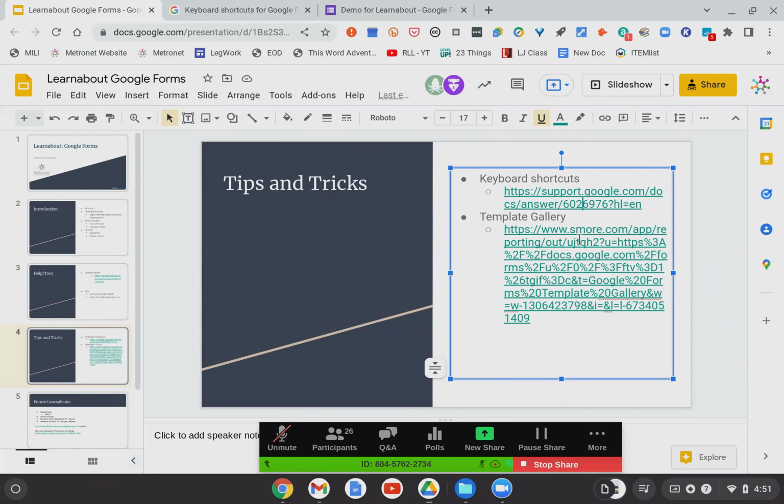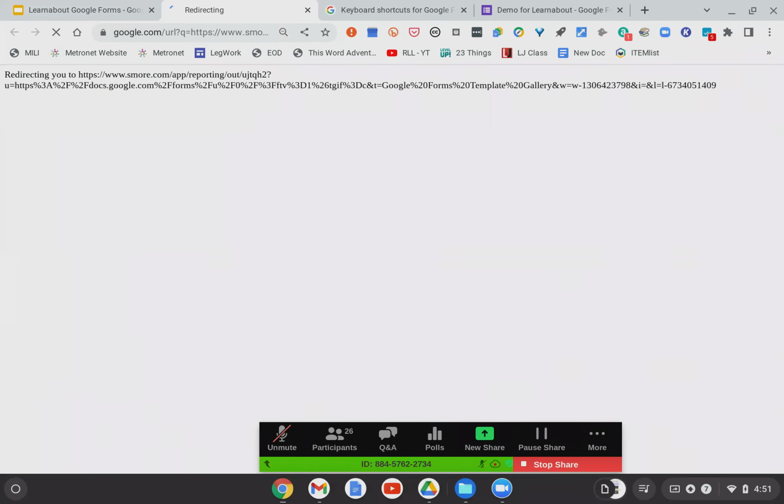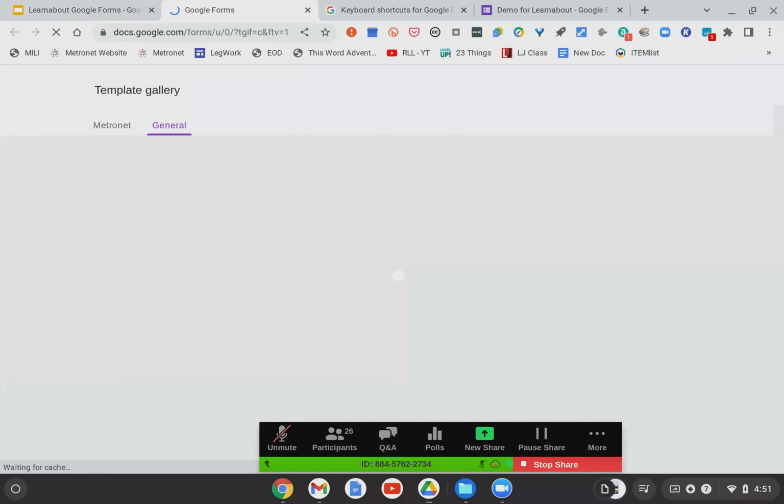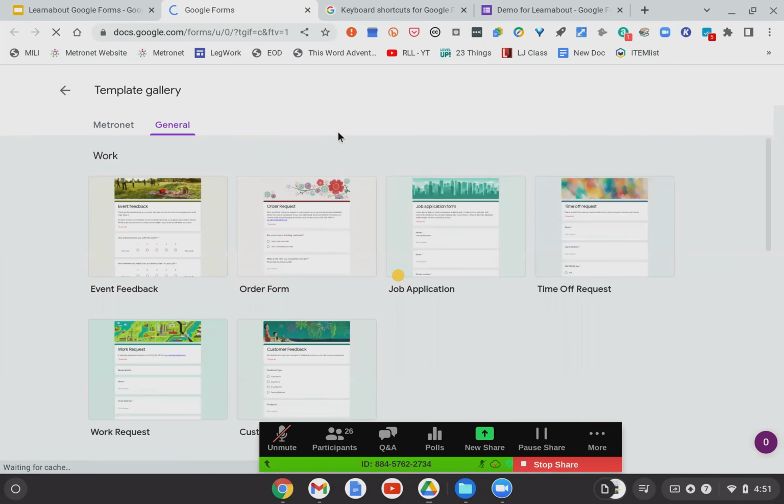And then the last one that I found is the template gallery. And there were a couple of ways to access this. I liked this one right here. So giving you a couple of different ways that you can set it up. So for professional, if you want to start with an existing template rather than build it from scratch. I just showed you how to build it from scratch and you saw how easy that was. I mean, we created a branch logic template with me explaining step by step in under an hour. So obviously they're not that complicated, and it's pretty too.